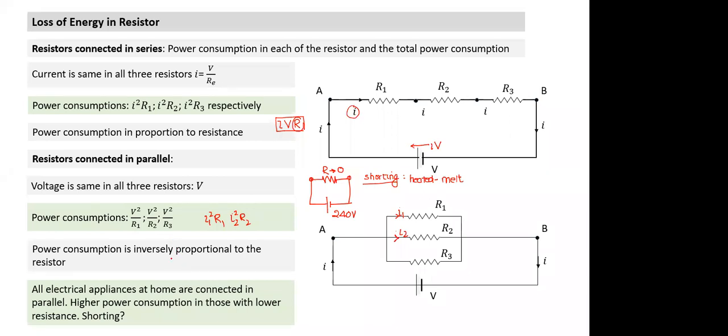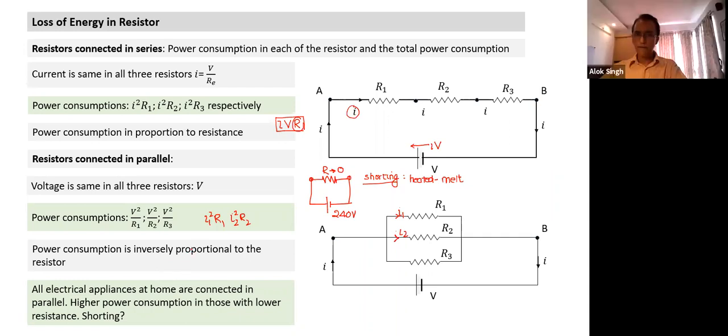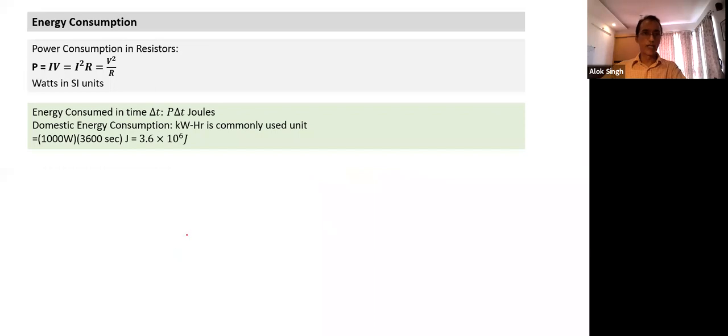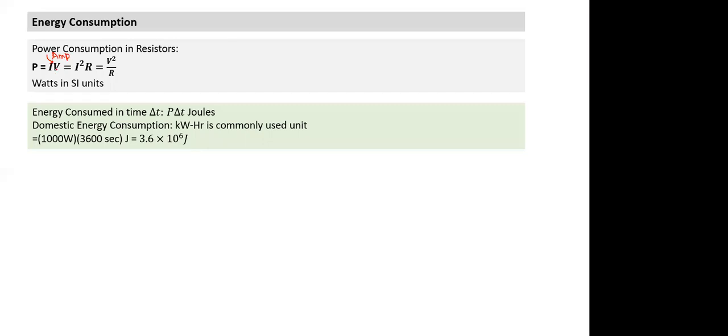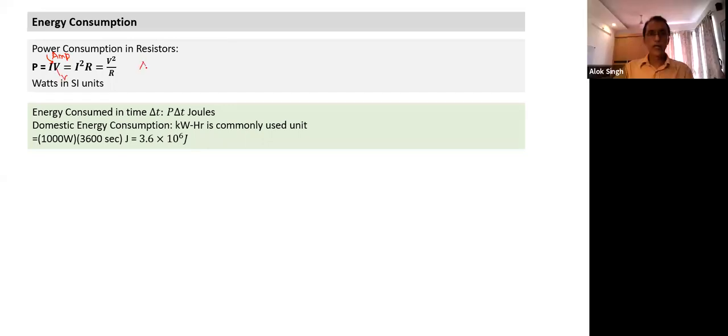Is it making sense so far? Good. So this is a very simple formula. Power consumption, what is the unit? When I use IV, I write current in ampere and voltage in volt, so the unit is ampere volts. Both are SI units. The power comes equal to what you call a watt, which is equal to joules per second. So if I use SI units, power consumption is in watts, joules per second, and many times watt and kilowatt.